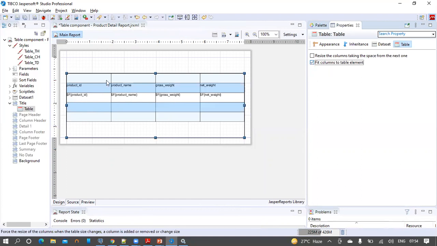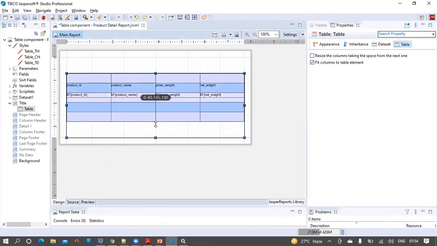We can see all the fields take the same width, and these text fields are fitted in the width of the table component, or say it is proportionate to the width of the band here. The band is title band.